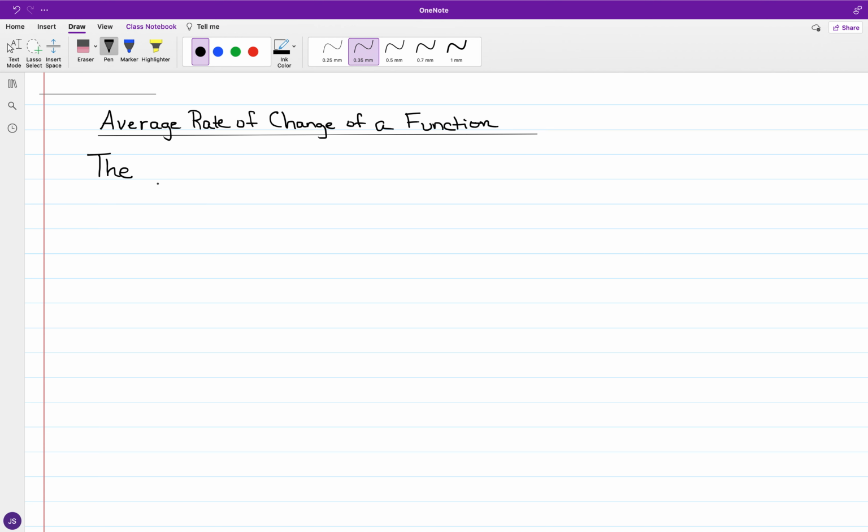For the average rate of change of a function, the function might be linear or it could be nonlinear, and the cases we have had in dealing with slope have involved linear functions. By definition, we have the average rate of change of a function